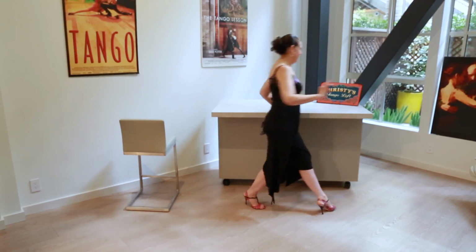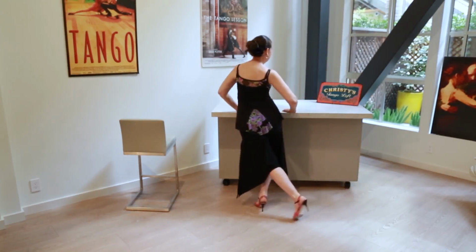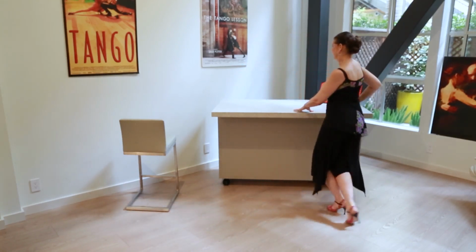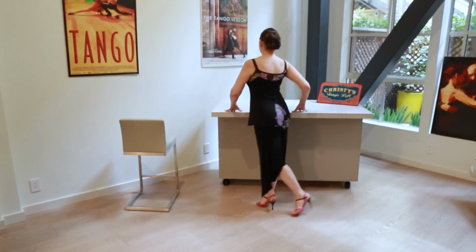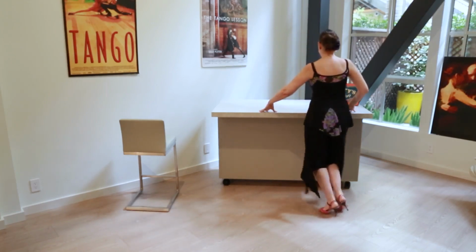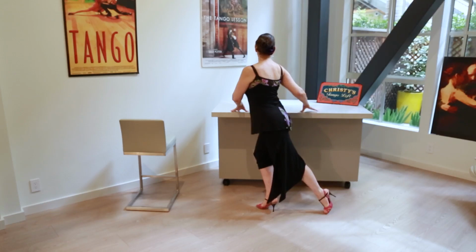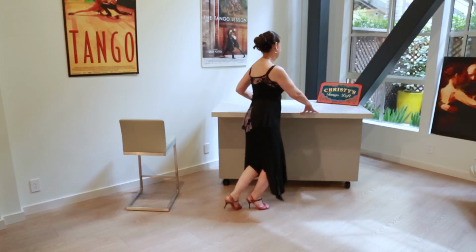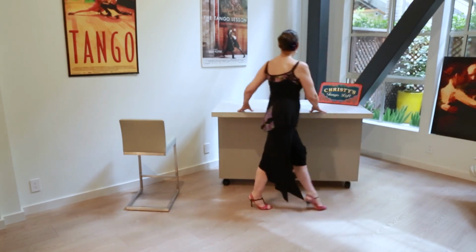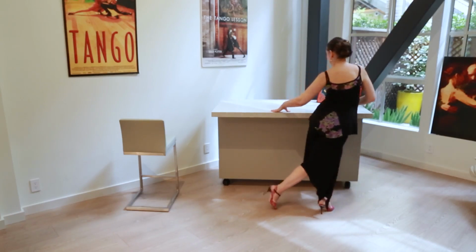I'll explain one more time. So here we have Forward Ocho, twerking action on that side. Forward Ocho, twerking action on this side. Now let's add just a little rebote here, little rebound to go into our back ochos. And notice here when the leader stops the follower in this position, the technique is exactly the same. We'll do it again from here, little rebote, back ocho, and now the same on the other side,